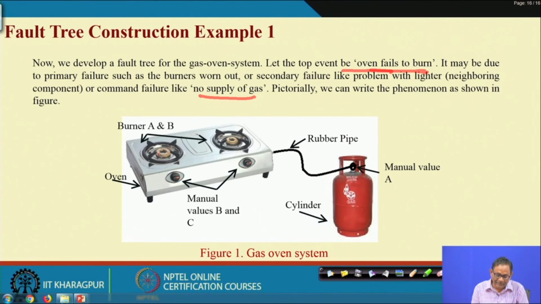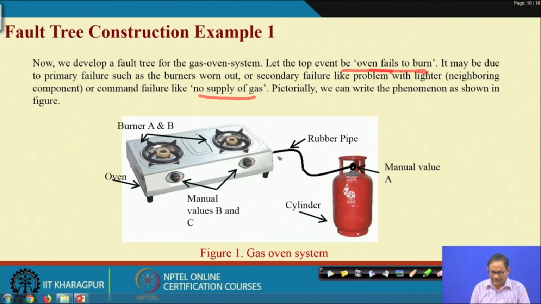Immediately, we got the primary failure, where the component is the burner. So, we are using the PSC concept here. Burner fails means the burner itself fails, or the burner is not getting the supply of gas. Why the burner is not getting the supply of gas is a subsystem level failure. And why the burner is not getting gas, you may find out, is a common failure.